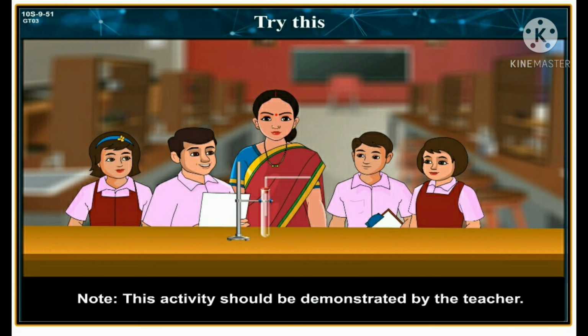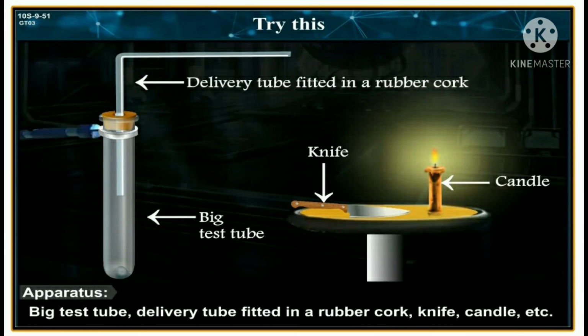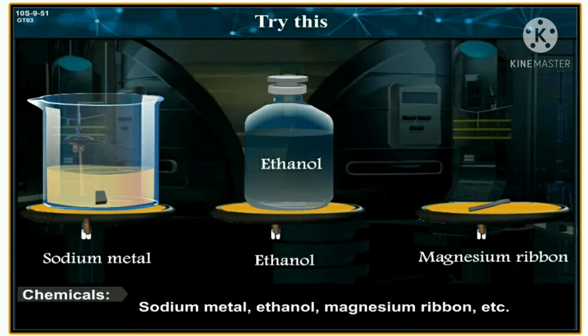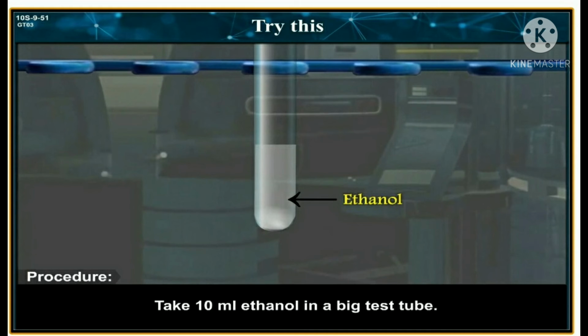One more activity is given, but a note is also given. This activity should be demonstrated by the teacher, not by the student. For this activity, you will need apparatus like a big test tube, a delivery tube fitted in a rubber cork, a knife, a candle, etc. Chemicals: sodium metal, ethanol, magnesium ribbon, etc. Procedure: take